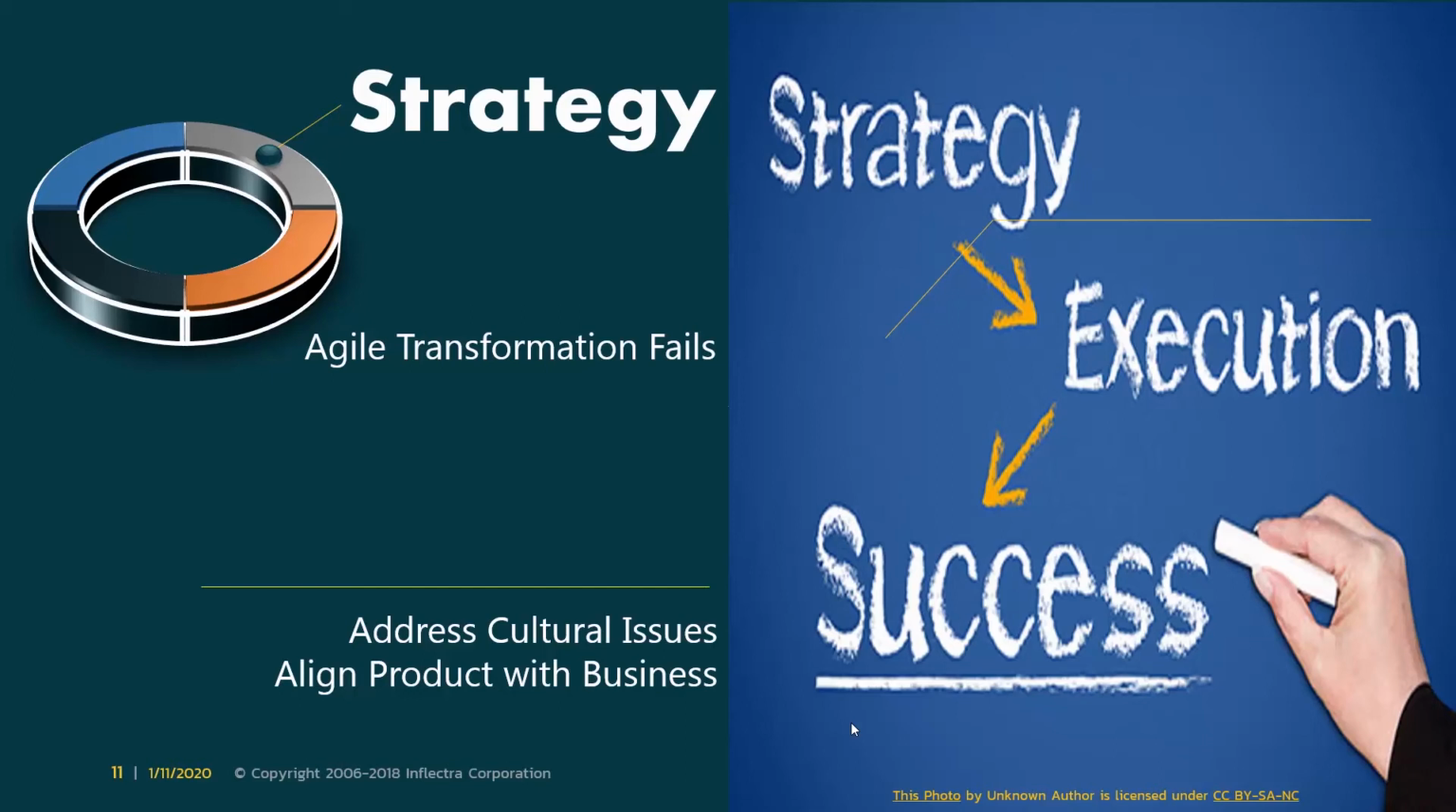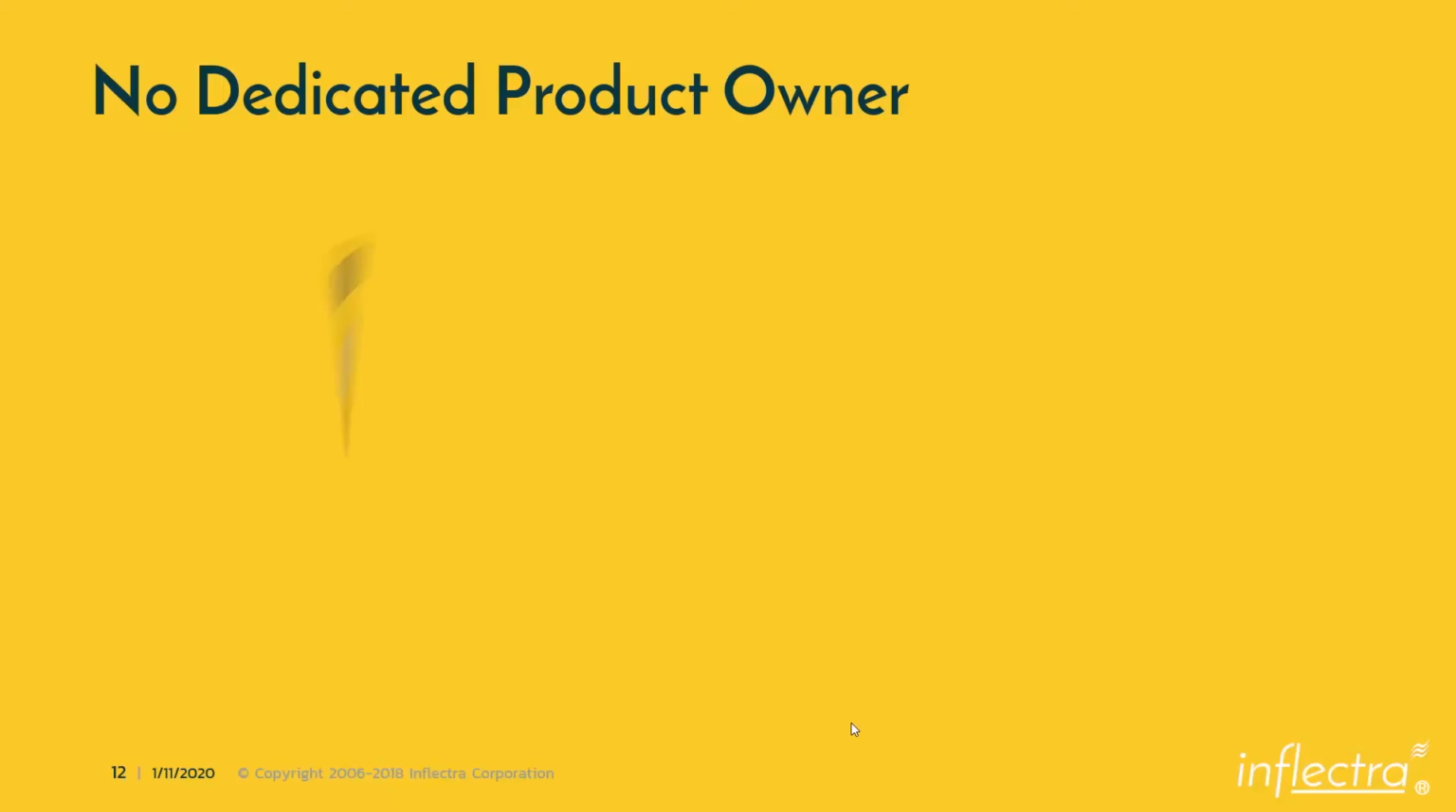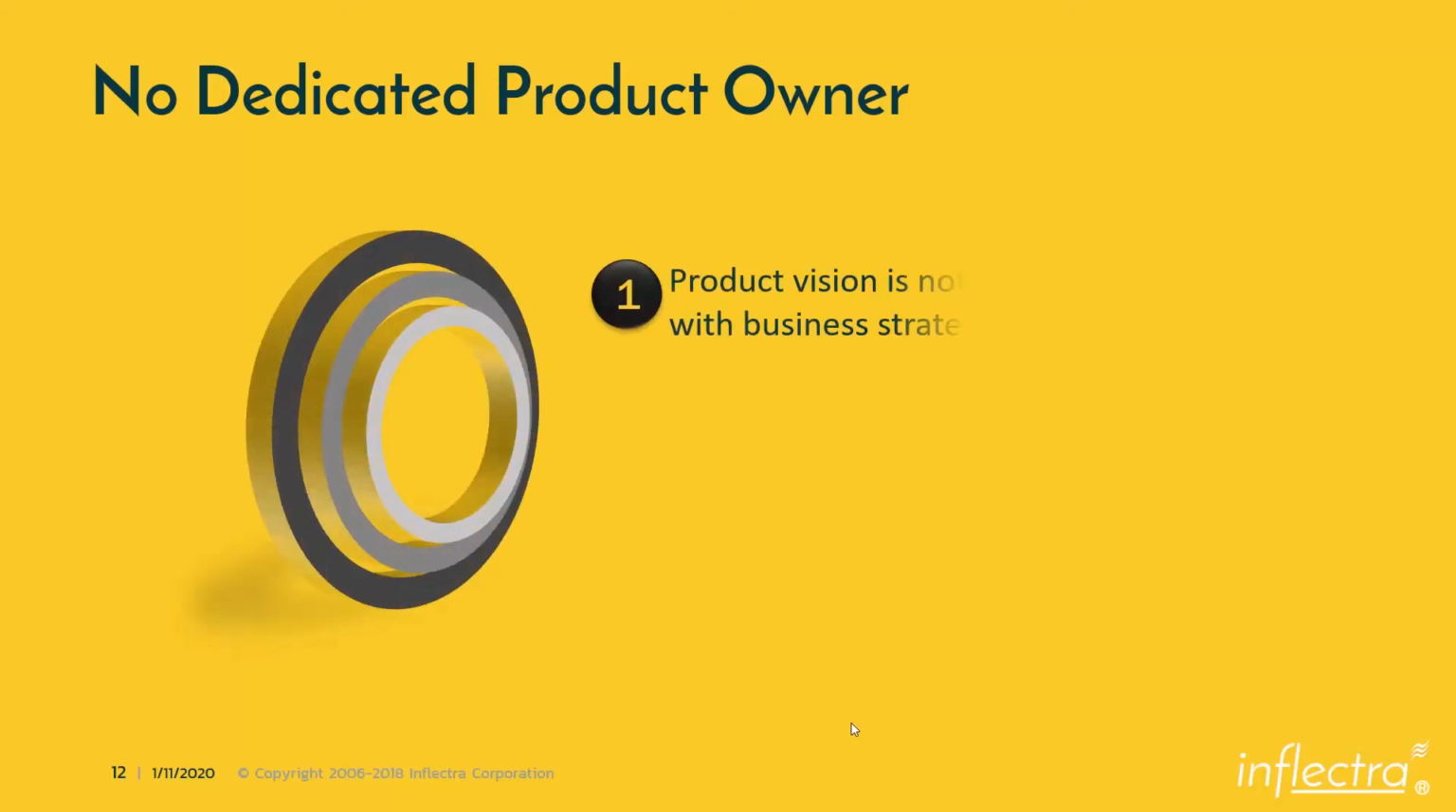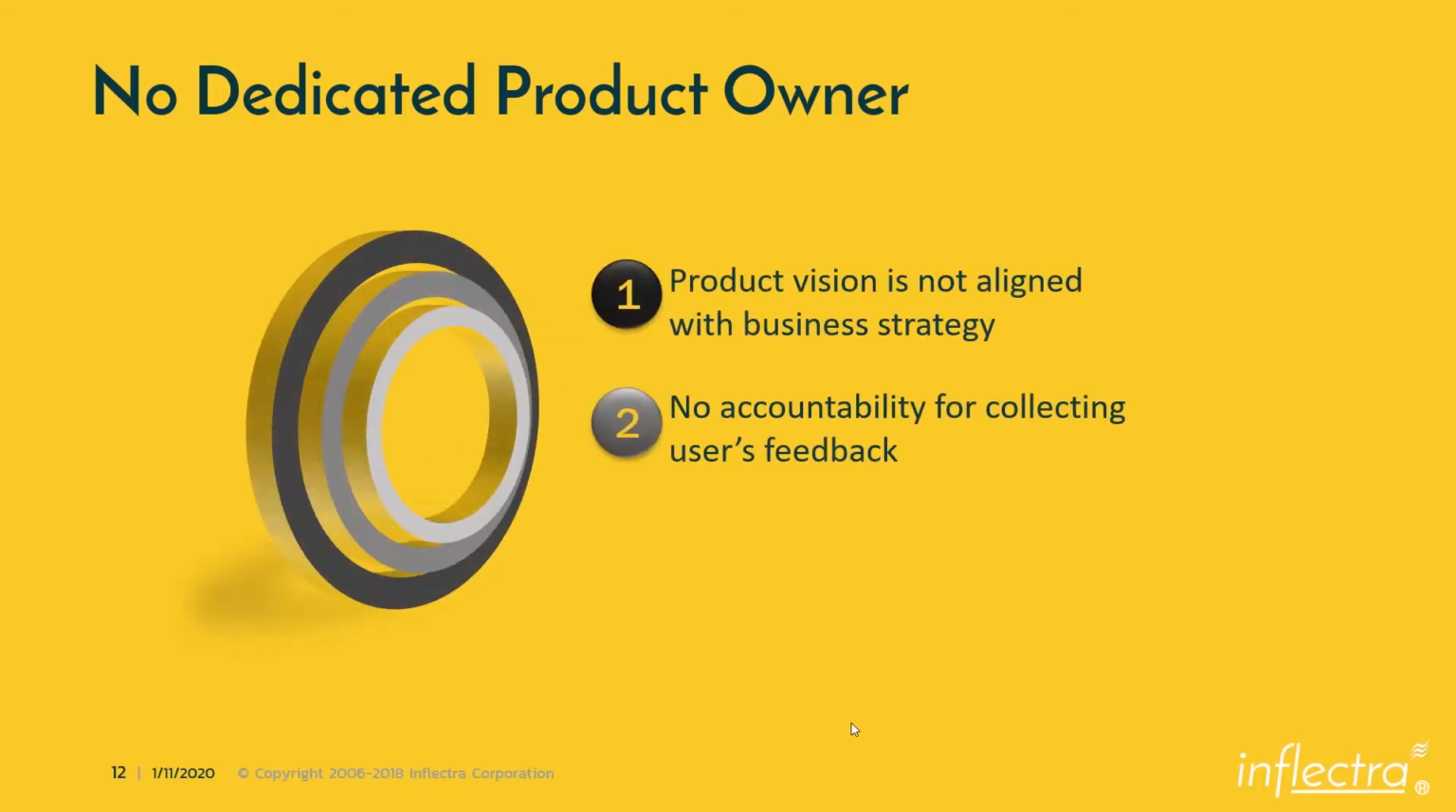And once we have the cultural issues fixed, then we would be able to understand a little bit more about the strategy and then start aligning our product strategy with the business strategy. So we need to focus on that. So if there is no dedicated product owner, it manifests in multiple ways. One way is that there is no product vision aligned with the business strategy. At the end of the day, we don't have a product owner to come back and say,